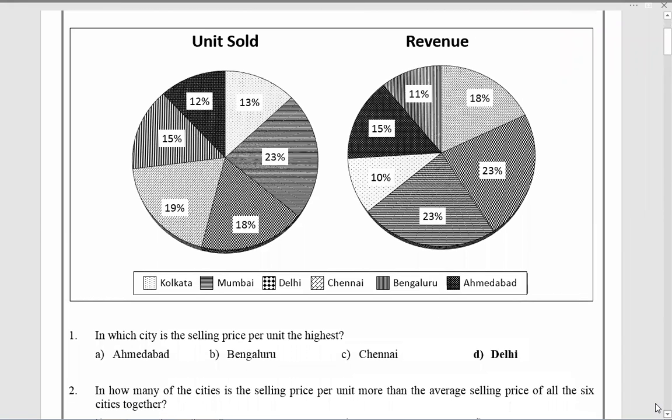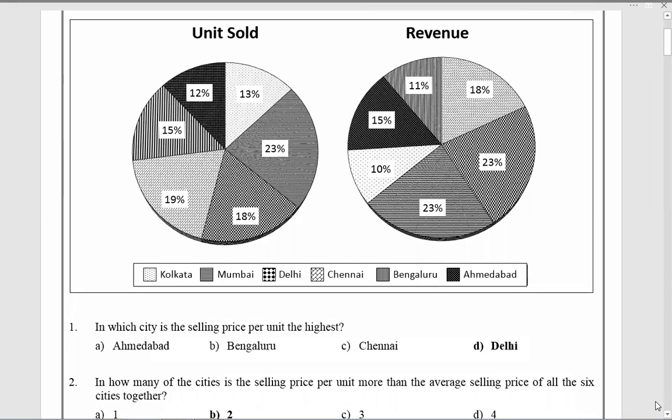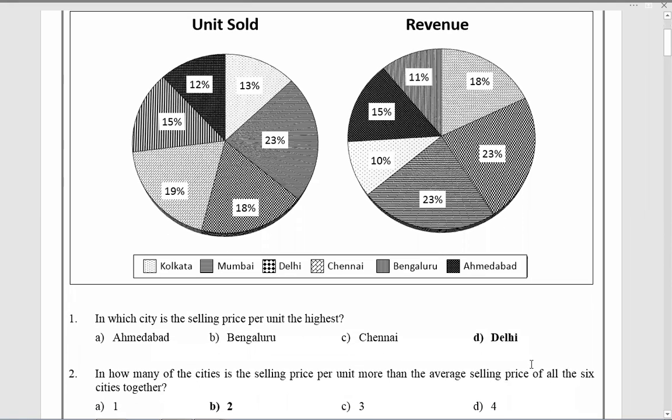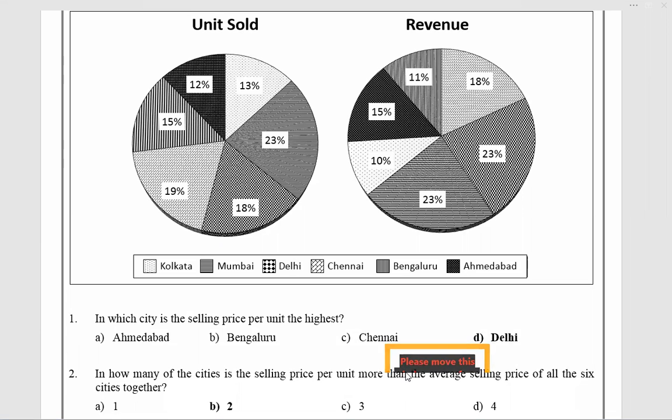Not exactly. See, the actual value not given, it is like a freedom. And how to take the best out of it. Don't take any variable. Simply take the total units sold as 100. Total units sold in the 6 cities is 100.